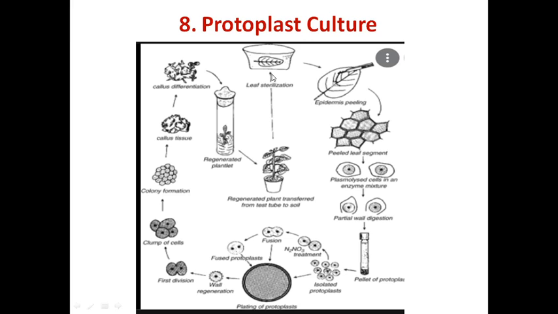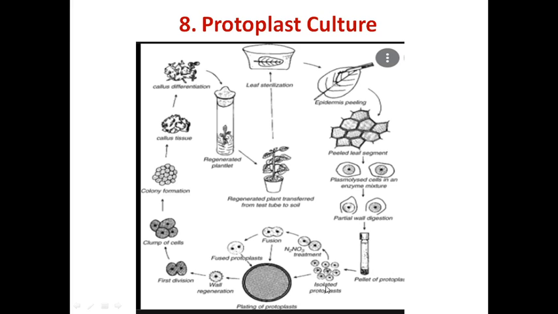So students, see here the leaf tissues. This is the mother plant. From that mother plant, leaf tissue was selected, then the leaf surface was sterilized. Then the epidermal peel was removed, and the peeled leaf segments were placed in enzymes such as cellulase and pectinase, in an enzymatic mixture with plasmolysed cells. The pectinase and cellulase enzymes degrade the cell wall, and only the naked mass of protoplasm, the protoplast, remains. And here is the culture of the protoplast.